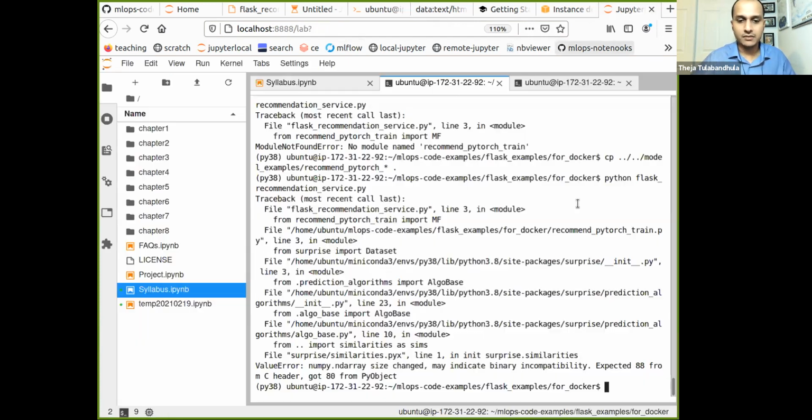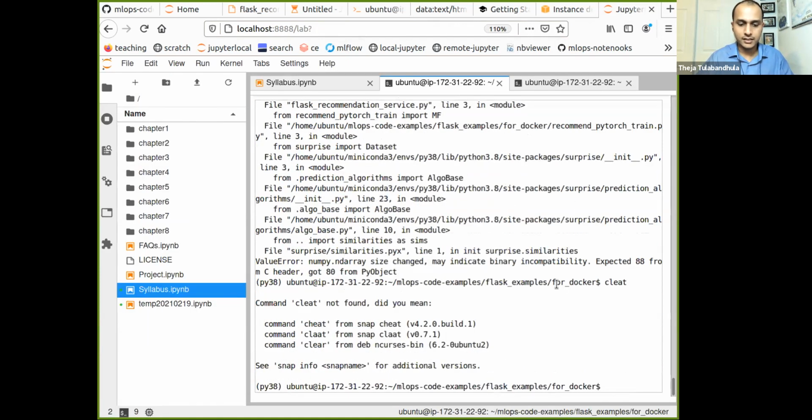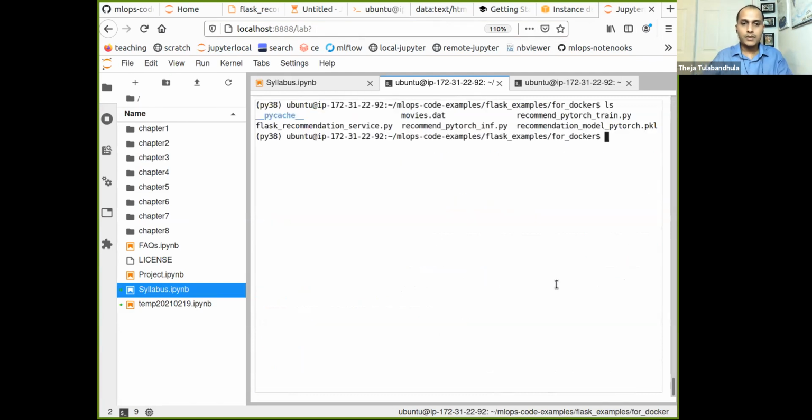Okay, even the newer machine would work. So let's not worry about running this. Okay, so we have the required files, the pre-trained model. What this recommendation service does is, as you might have seen from before, from the notebook, from the script file, it just reads the model file, reads the extra metadata, and takes a user ID for which I'll use the model file to make a bunch of recommended items, recommended movies, and I'll just return it back. That's what the service is doing.